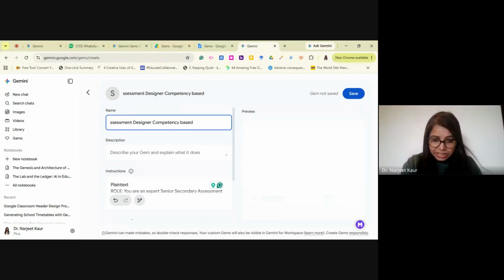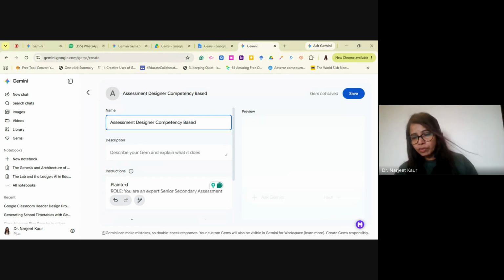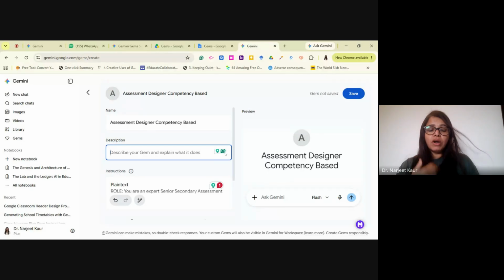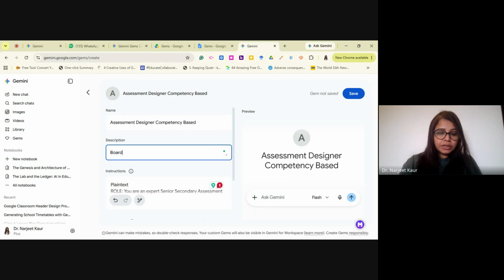See, you can make it subject specific if you want, but because I am going to share it, I have shared it with all the senior teachers in the school. I haven't made it subject specific, because then it is only useful for one team of teachers, which is not a good idea. Description, you can write or skip, but for me it is very important to remember what I made it for. So maybe I'll write board pattern questions, right?